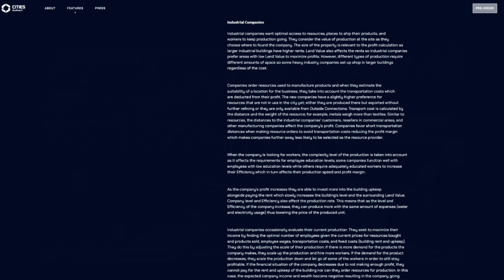However, different types of production require different amounts of space, so some heavy industry companies set up shop in larger buildings regardless of the cost. Companies order resources used to manufacture products, and when they estimate the suitability of a location for the business, they take into account the transportation costs, which are deducted from their profit. That makes sense? The new companies have a slightly higher preference for resources that are not in use in the